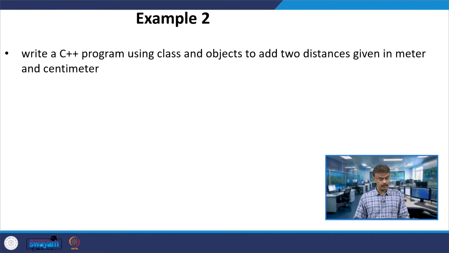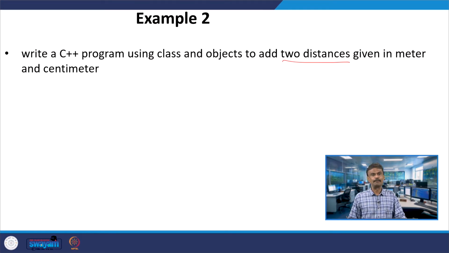Here, write a C++ program using class and objects to add 2 distances given in meter and centimeter. So, you are given 2 distances. One distance is, let us say, 8 meters 52 centimeters, another one is 9 meters 72 centimeters.